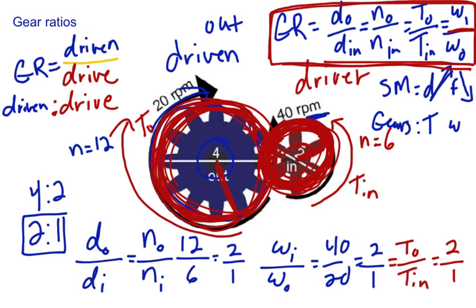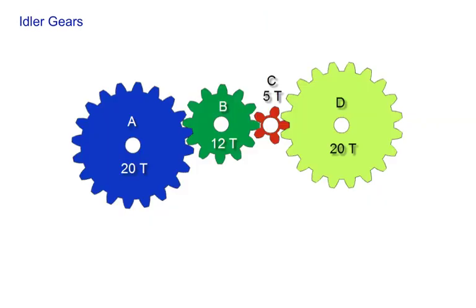Okay, before we finish this one, let's look at another situation. Let's say we have a bigger gear system where we have some gears in between. These gears in between the main gear and the last gear are called idler gears. Those two gears would be idler gears. And what happens here is, let's say that gear A is moving this way, which would be counterclockwise. That means gear B is going to move clockwise, which would mean gear C is going to move counterclockwise, and then gear D would be moving